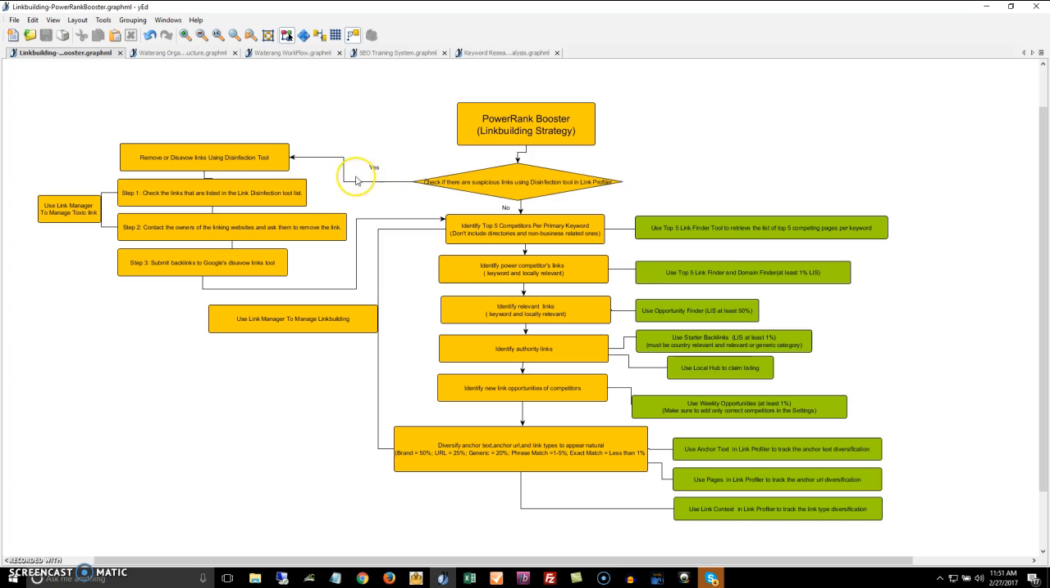If there is, you have to go to this part of the process. Your goal is to remove or disavow links using this disinfection tool. And here's the process. First, you have to check the links that are listed in the link disinfection tool list. Step 2, contact the owners of the linking websites and ask them to remove the link. If you have a hard time removing the backlinks by contacting the website owners, you proceed to step 3,